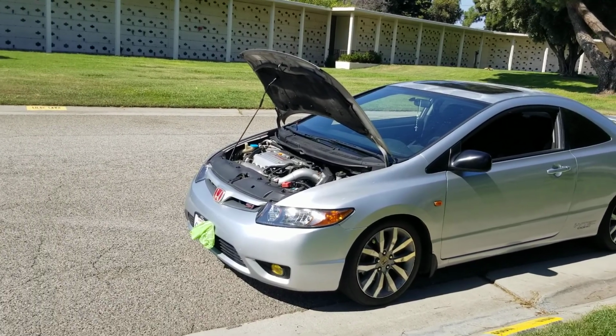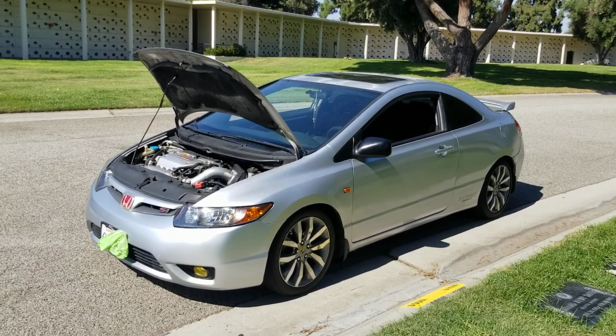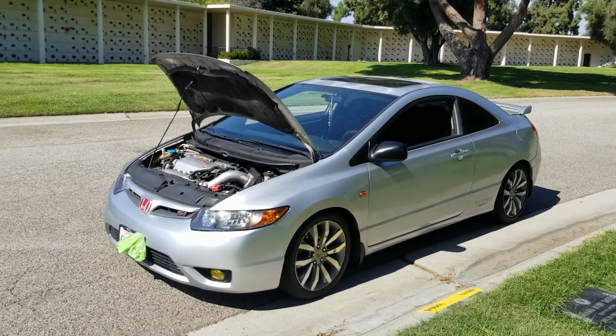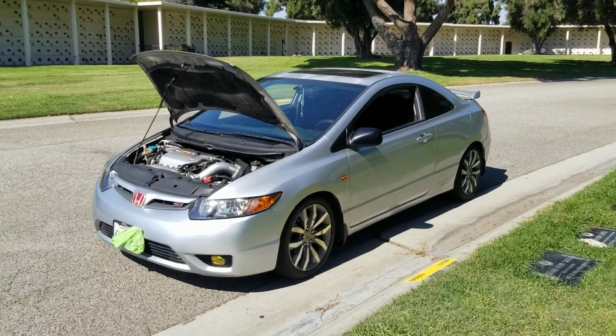If I put those 3 grand into something that's boosted, like my Evo, for example, I'm gonna get more than 220 to the tire. I'm gonna get more than a 220 to 240 horsepower difference. Granted, it's a lot heavier, but boost is boost, and you're gonna have way more fun in that. But this car